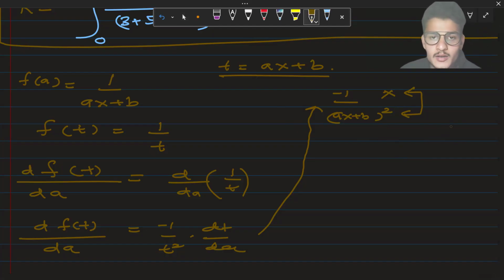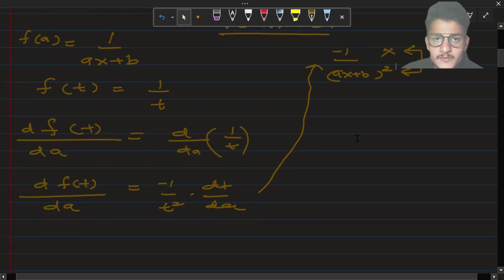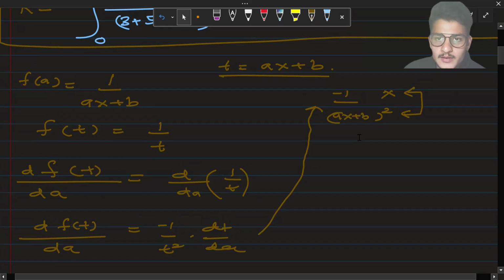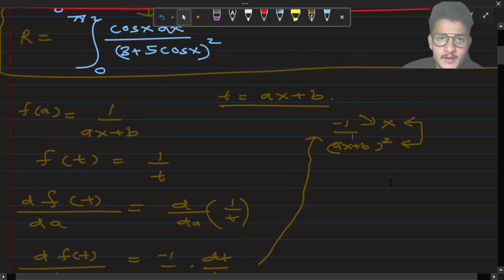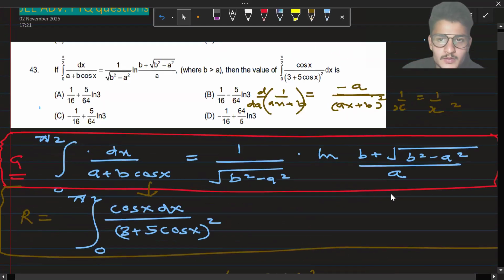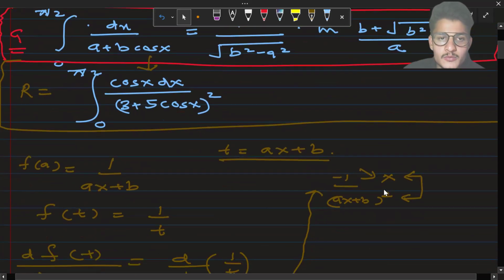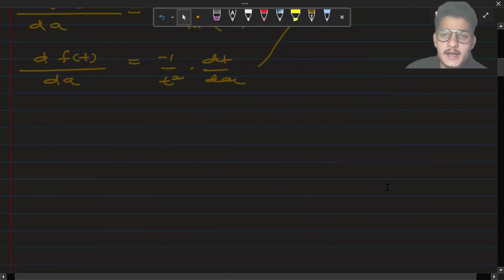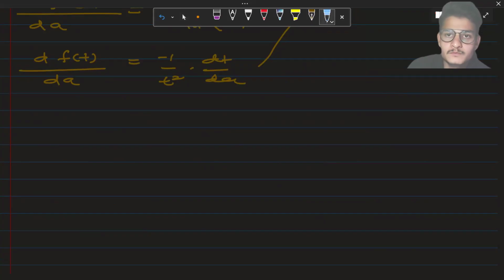So we will continue now that this kind of scenario exists. So it will get multiplied. Okay. Now what we want is cos x here. So what do you think? What approach should be applied here? Like we have given a plus b cos x